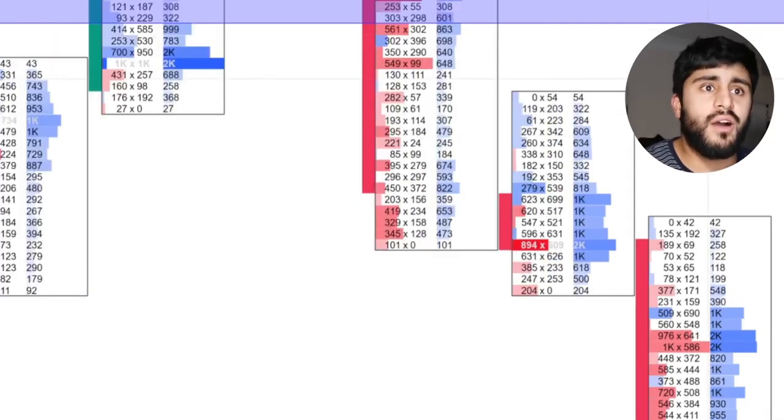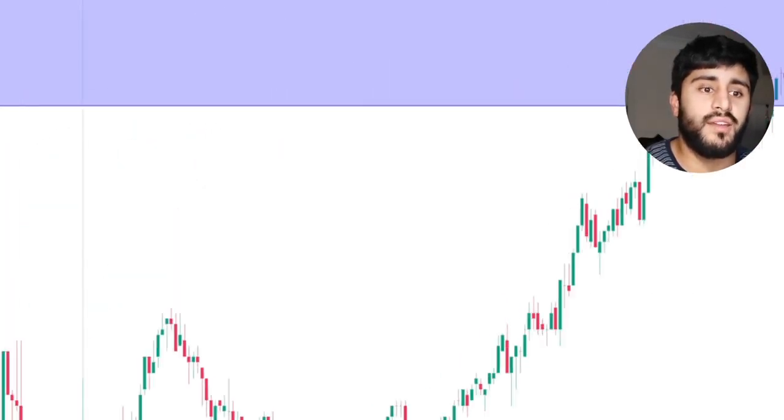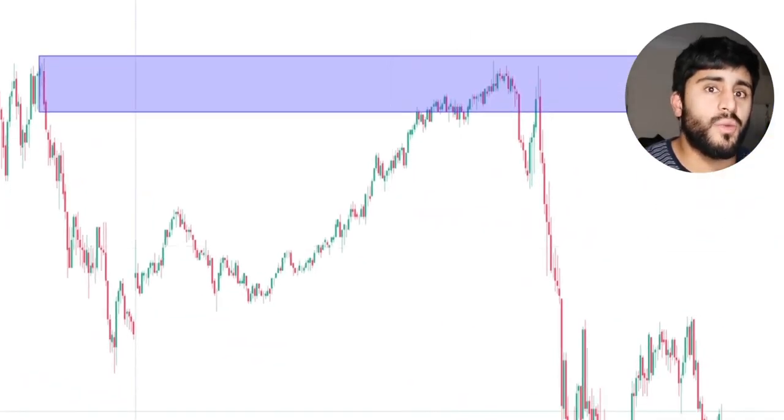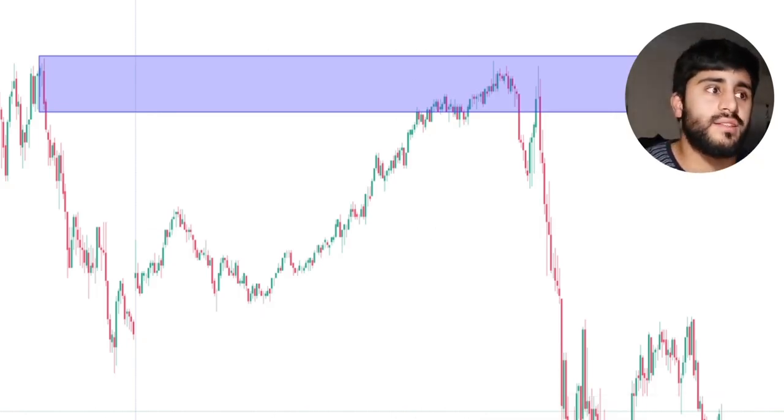So this is how I was able to frame a short bias for the session. So again, if we go to the Discord, we had a short bias for the session. And the way I was able to do that was really just by reading the order flow, right? So again, we had